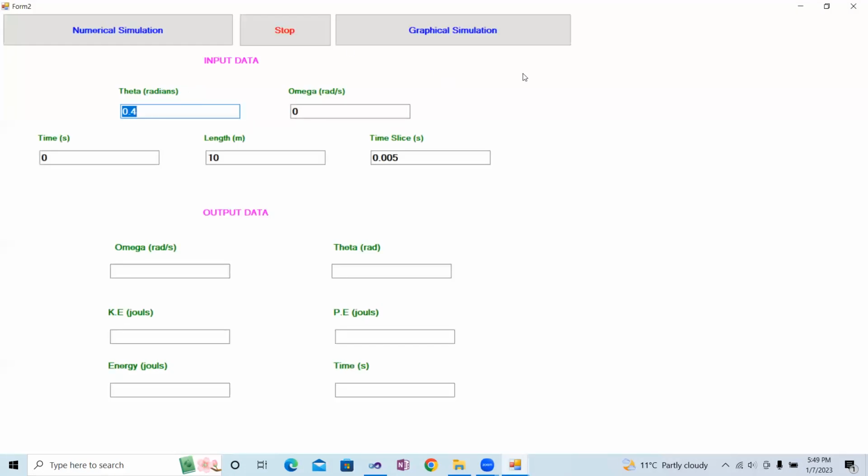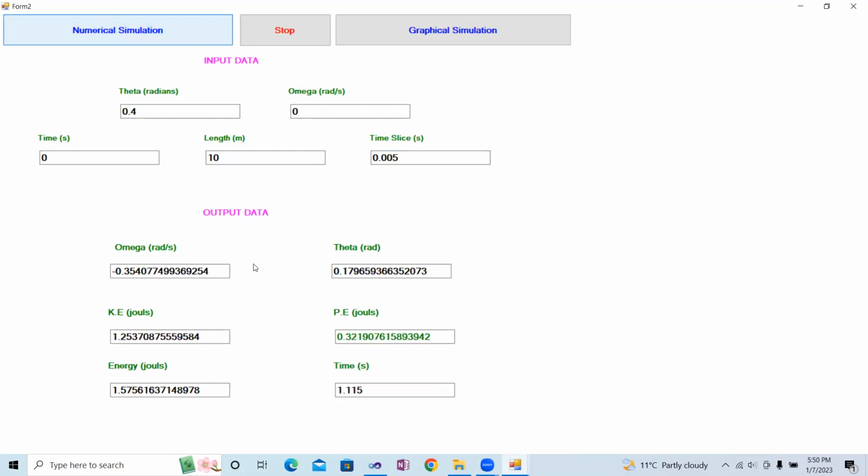So here is the interface for the input information for the simulation and the output, and here the information for the input parameters has already been provided, and we can go for the numerical simulation or for the graphical simulation. If we go for the numerical simulation, that means we will be getting here the information of